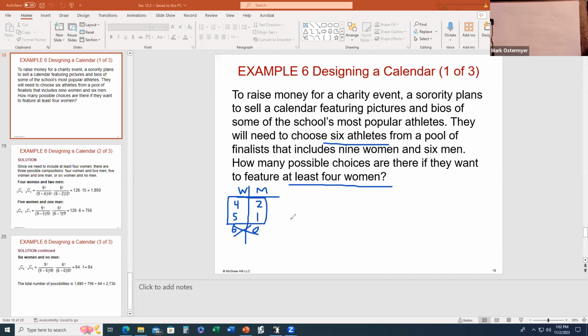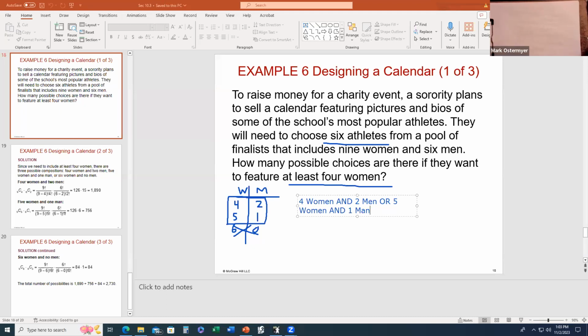Okay, so basically put, then do you agree that, and I'm going to type this out, I could choose, what did I say? I said I could choose 4 women and 2 men, or I could choose what? 5 women and 1 man. Okay. Everybody see that there? Now,